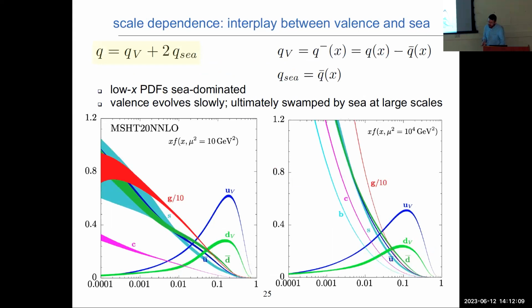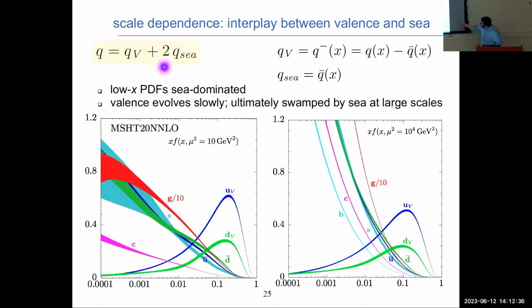Now, what I wanted to mention is some of what's going on can be understood just by decomposing this representation of the PDFs into separated valence and sea distributions, basically, using the logic that, for instance, the up PDF is just a straight linear combination of the valence, which is to say the u minus u-bar PDF, and something that's sea-like, which is basically just the anti-up PDF.